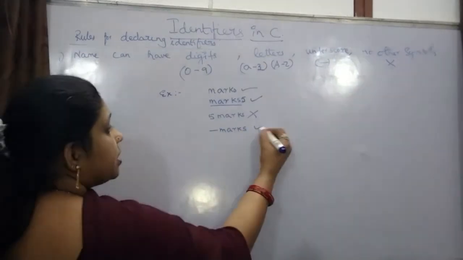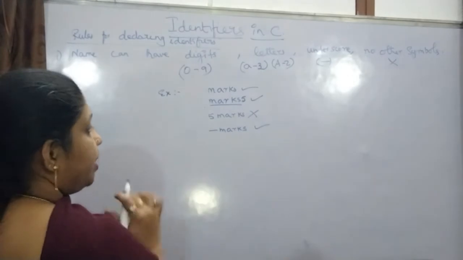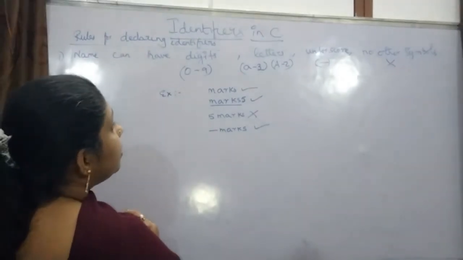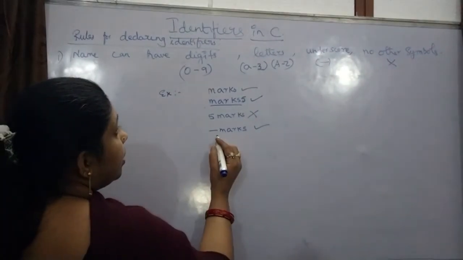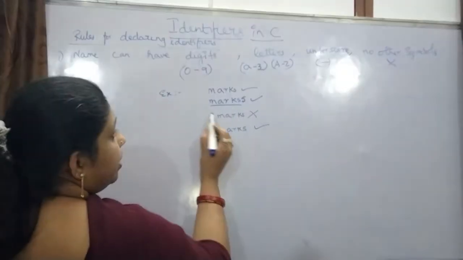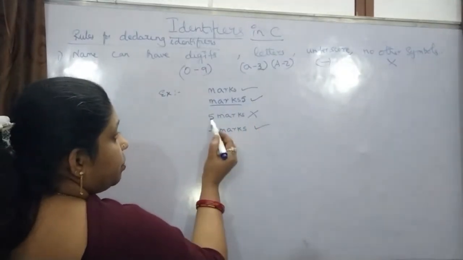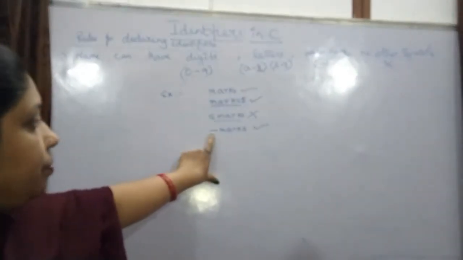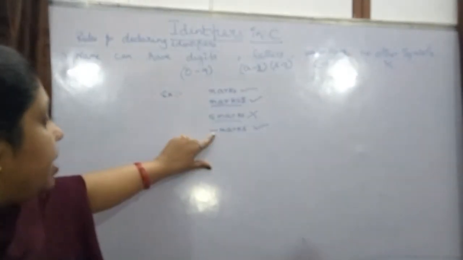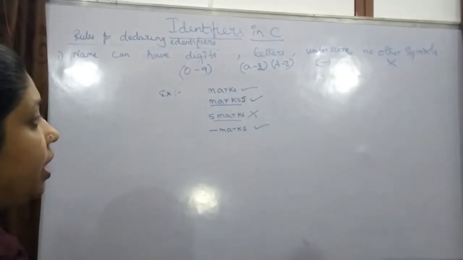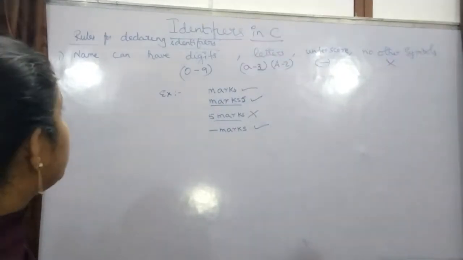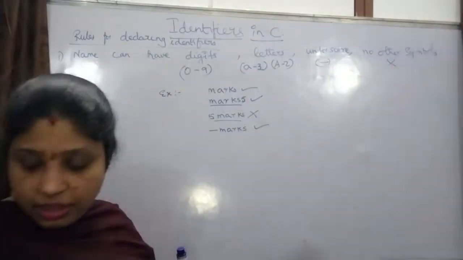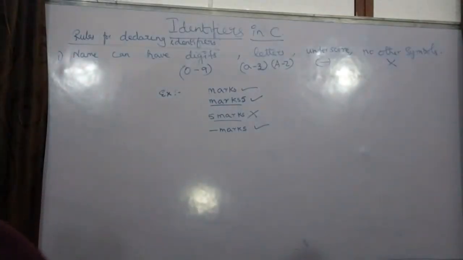Okay, this is the correct identifier. In this format you have to write. And what else? So, understood? You can write like this, you can write like this, but you cannot write like this. Even you can use underscore first. Only the underscore symbol can be used, and other symbols you cannot use. So these are the digits, letters, and underscore symbol you can use for the